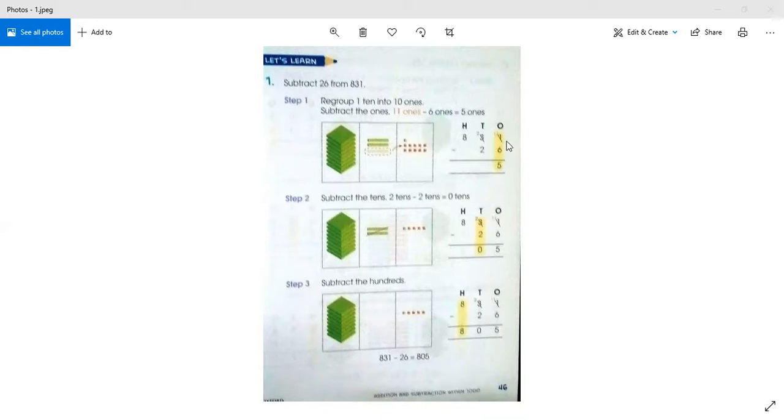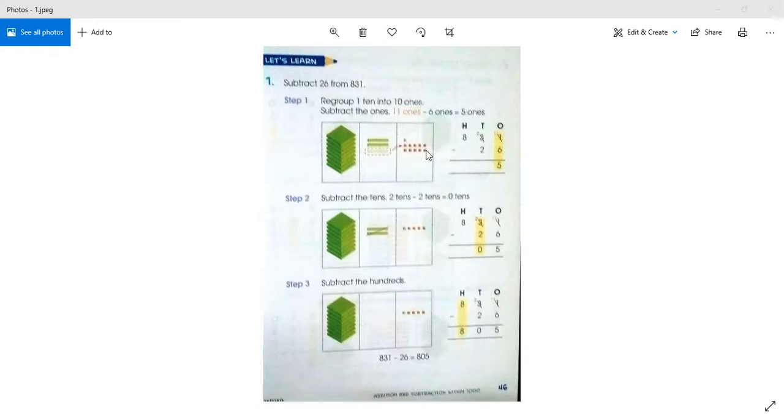So can we subtract ones? कितने हैं यहाँ पर? ones top पे 1 है, at the floor there is 6, and tens कितना है? On the top 3 and floor 2, and 100 जो है वो 8, right? These are ones. ये जो cubes मैंने बताए थे आपको, ये ones हैं. These are tens and these are 100. How many ones? Ones कितने? 1. ये जो green में है ये 1 है, right?